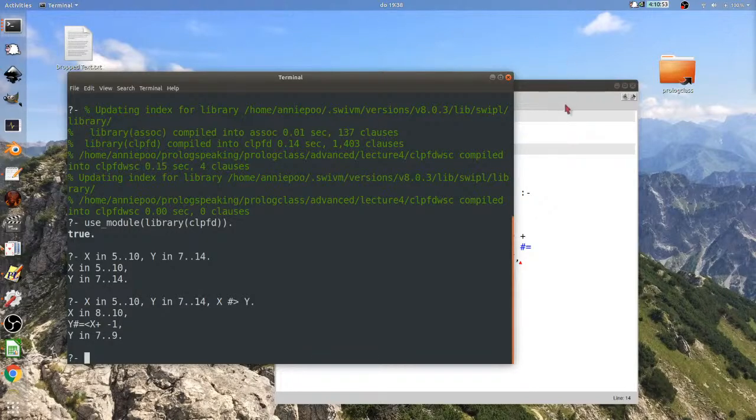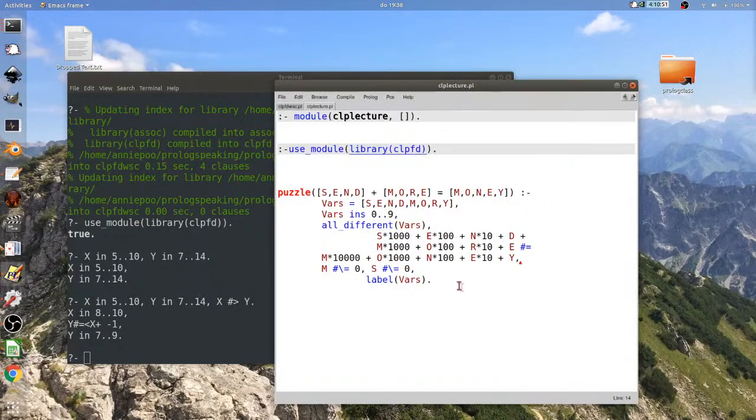I'm going to work through a classic example, the SEND MORE MONEY puzzle. The puzzle is this.